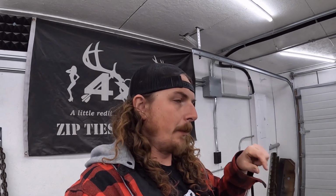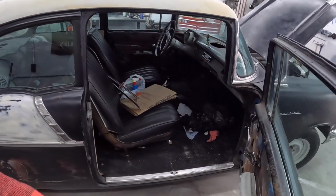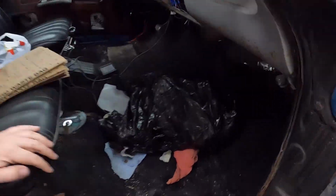Now, it is the factory rear end. It doesn't really make any noise. It does leak out of one axle seal. These things here, the seal and bearing are all one piece. I did get a new set of those, so I'm gonna bring that. I also bought, in this garbage bag, which has been sitting here for about a month,